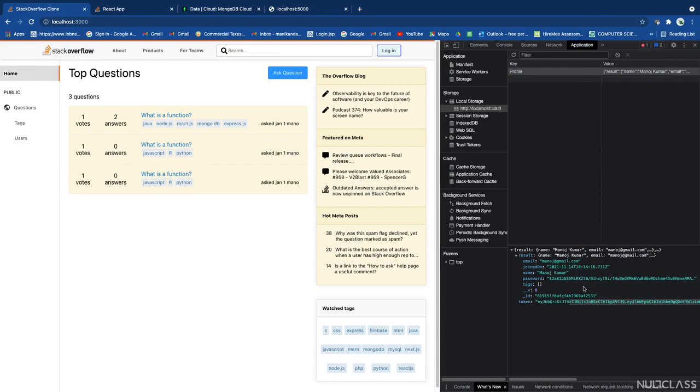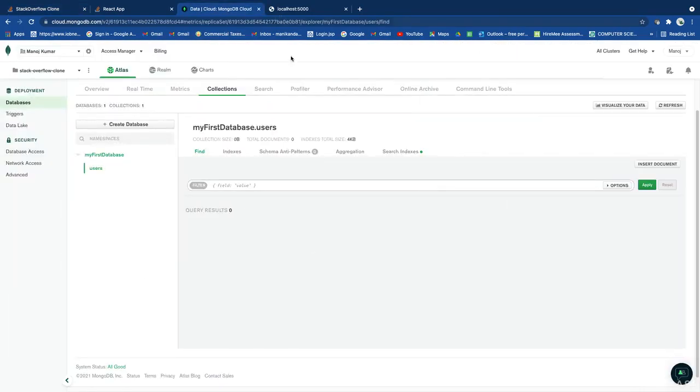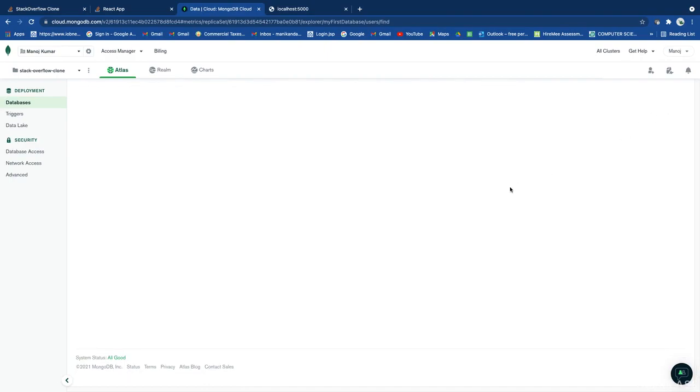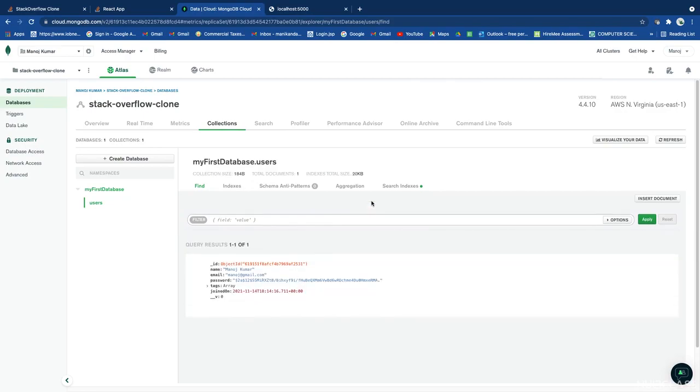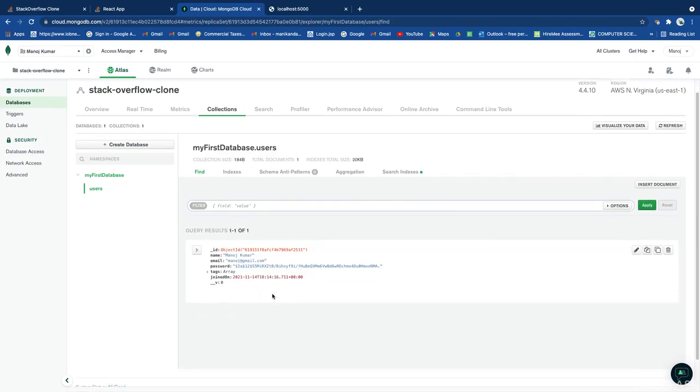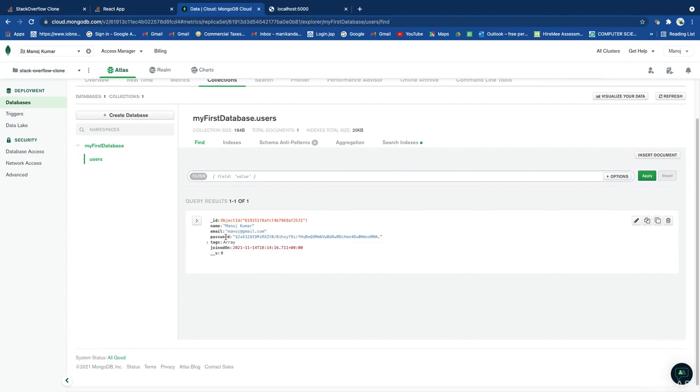Now we will see whether that data has been stored in the database. We will go to the users and just refresh. You can see here's a button called refresh, so the data is getting refreshed. Here we go. You can see here's a new record in the database with the name, email, password, tags, joined on. We got everything. So that's it guys,